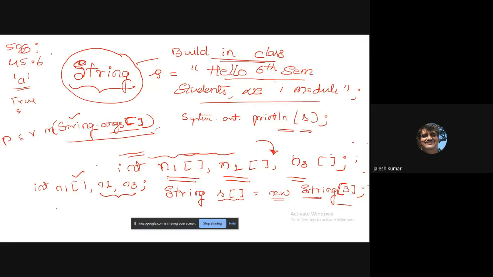That means you can write like this. S of 0 means jk, S of 1 means some sk, S of 2 means some bk. Okay, like that you can assign 3 values. All 3 are strings. You are making collection of strings, that is an array. Okay, so that's about string.